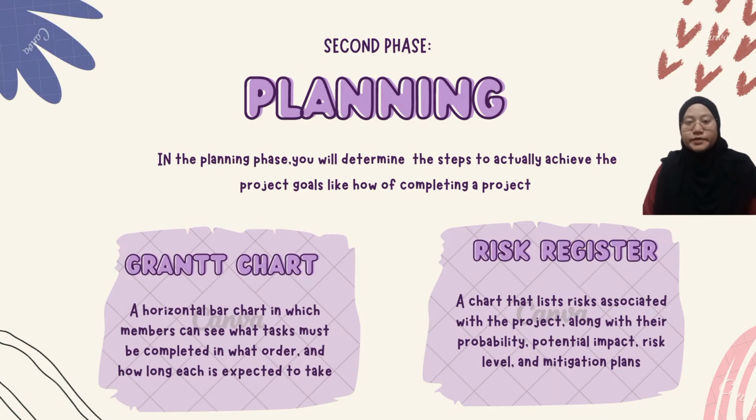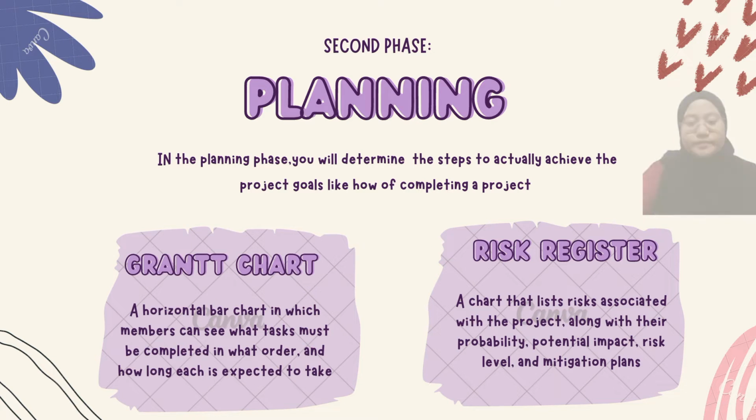Okay, the second phase is planning. In the planning phase, we need to determine the steps to actually achieve the project goal, like how to complete a project, which means you will need to establish budget, timelines, and milestones, and source material and necessary documents. This step also involves calculating and predicting risk, putting a change process into place, and outlining communication protocols. The planning phase will include steps like deciding on milestones that lead up to goal completion, establishing a change process, and so on.